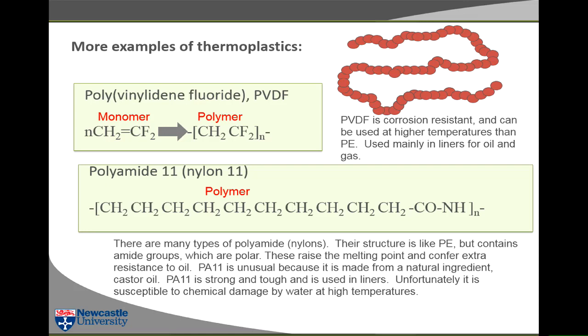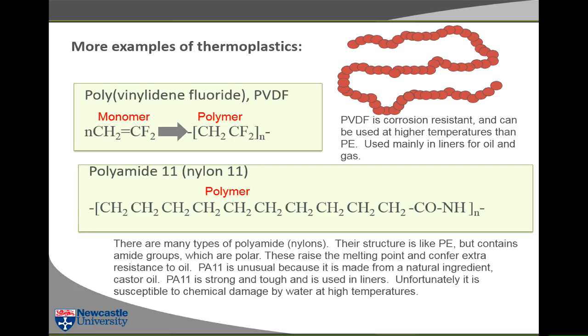So in other words, your standard material, if you're working with oil, would be polyethylene. If you want to use it at a higher temperature, or if you've got a particularly problematic type of oil, you would go to either PVDF or nylon 11 for better performance. The other unusual thing about nylon 11 is it's not made from ethylene, as you can see. It's one of the few polymers at the moment that's made from a natural ingredient. Polyamide 11 is actually made from castor oil. So the original material is a vegetable oil,